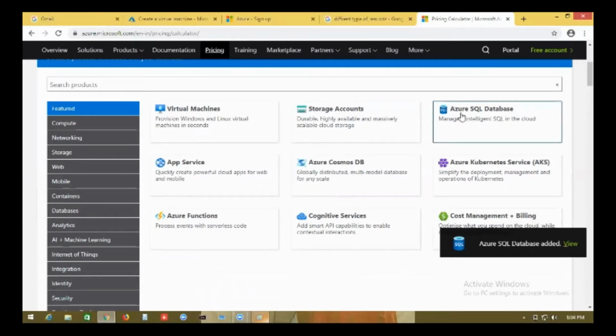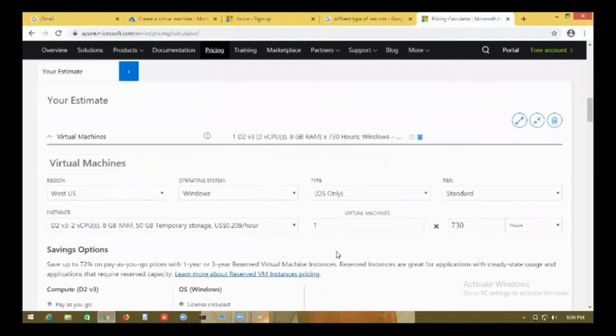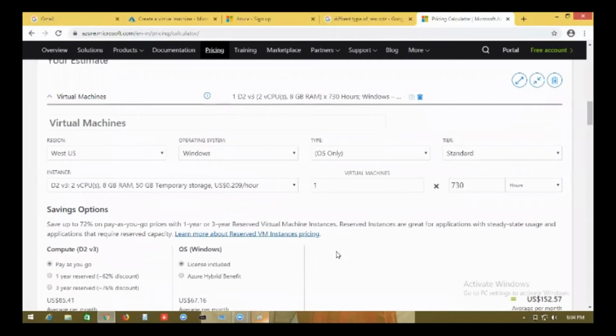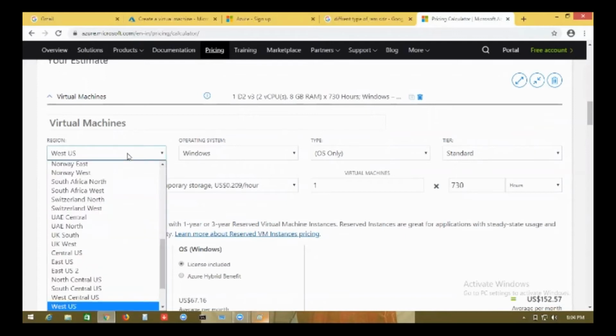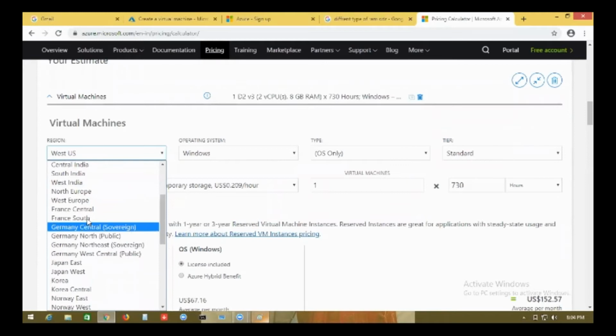Once you click that, you will get everything below. Then you have to first select for which region you are going to create this estimate. I am going to create this estimate for, let's say, South India.